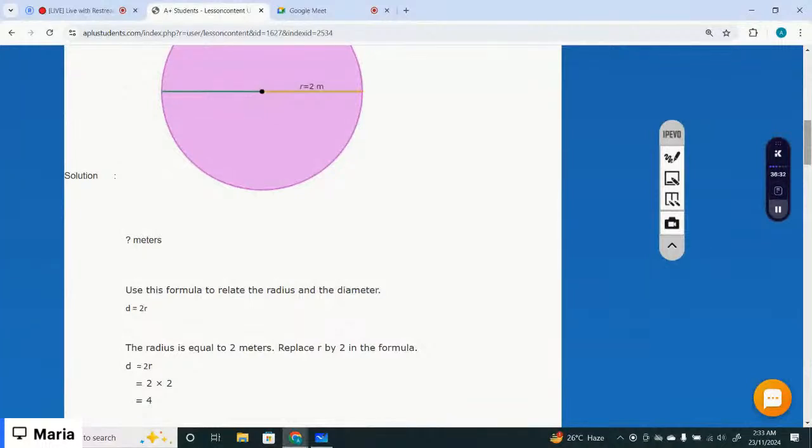So diameter equals 2r, that is 4. Let's just start with the test questions. Let's see how we calculate